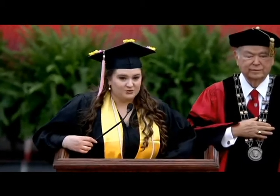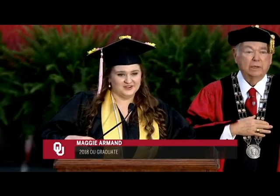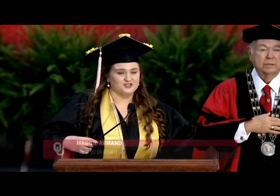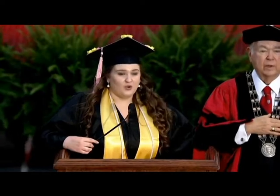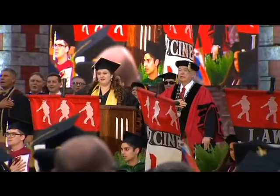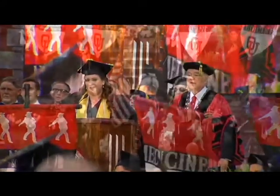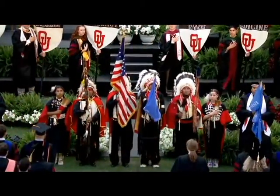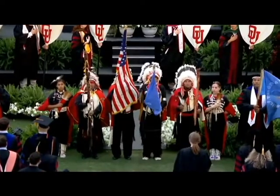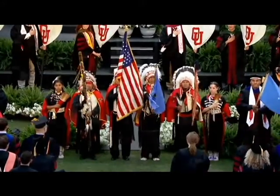Oh, say, can you see by the dawn's early light what so proudly we hailed at the twilight's last gleaming, whose broad stripes and bright stars through the perilous fight o'er the ramparts we watched were so gallantly streaming, and the rockets' red glare, the bombs bursting in air, gave proof through the night that our flag was still there. Oh, say does that star-spangled banner yet wave o'er the land of the free and the home of the